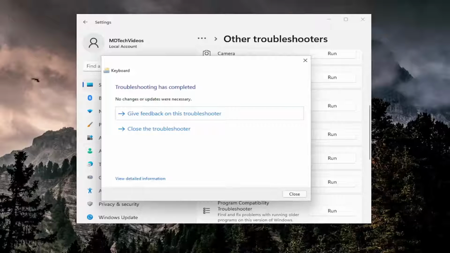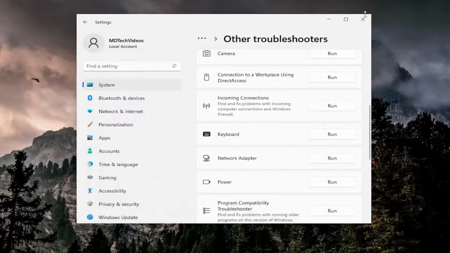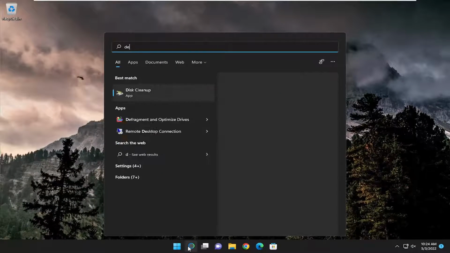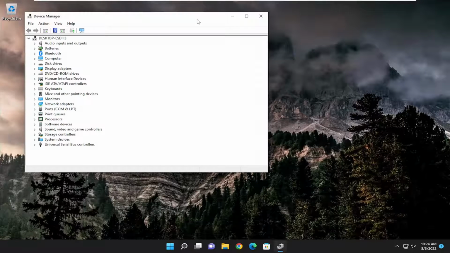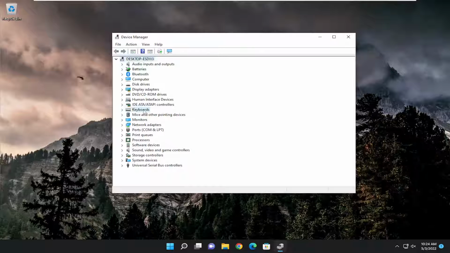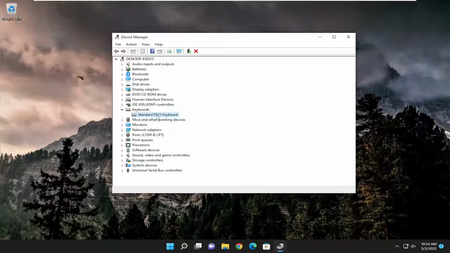Something else I'd also recommend trying here as well, close out of here. Open up the search menu and type in Device Manager. Best result should come back with Device Manager. Go ahead and open that up. And you want to double click on the keyboard section and then right click on the keyboard listed under here